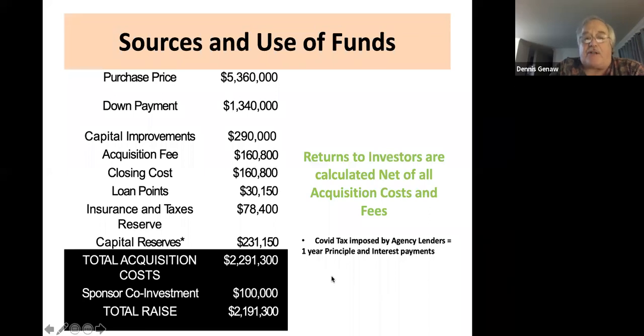Now the returns to the investor are going to be net of all these fees that are going to be quoted. If they're not, you need to understand that up front, because usually any of the fees are either built into the operational numbers of the property or are net of these fees at closing. And all this is closing costs. So they need roughly $2.2 million to close on this property.